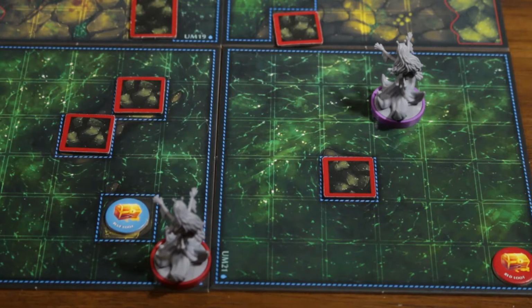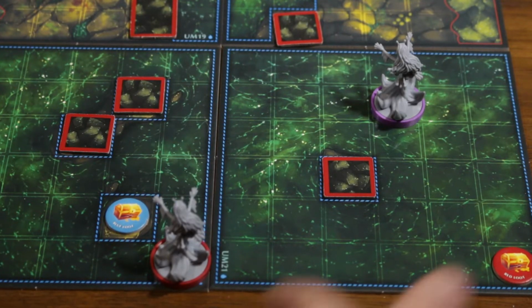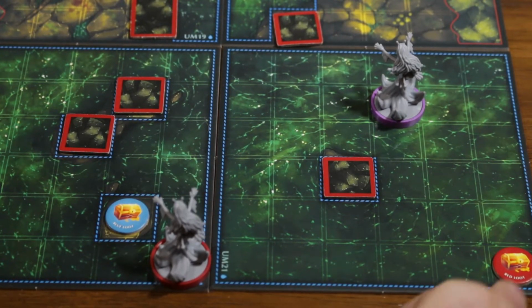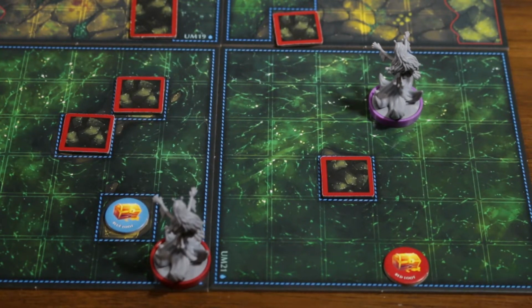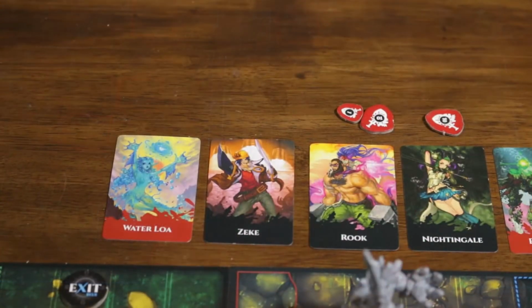Now, I forgot here, but the current actually also affects loot tokens that are placed in the water, and these are resolved at the beginning of every round. So this red loot token here will actually move down every time we come back to the beginning of the track. So I just got to keep on top of that. But yeah, that's the end of the water lower's activation. With the water lower done, we move